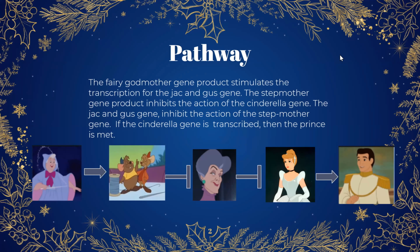Prompt to, and I developed this pathway. In this pathway, the fairy godmother gene product stimulates the transcription of the Jack and Gus gene. The stepmother gene product inhibits the action of the Cinderella gene. The Jack and Gus gene inhibit the action of the stepmother gene, and if the Cinderella gene is transcribed, then